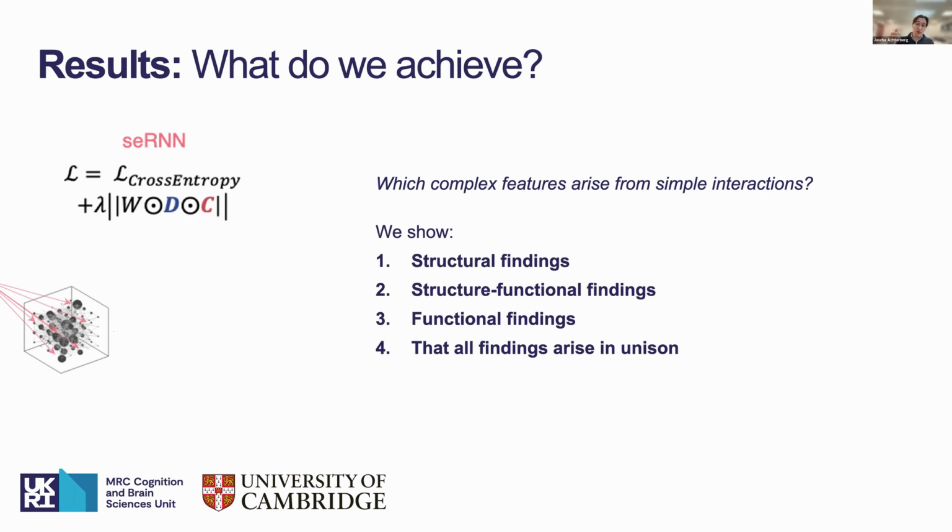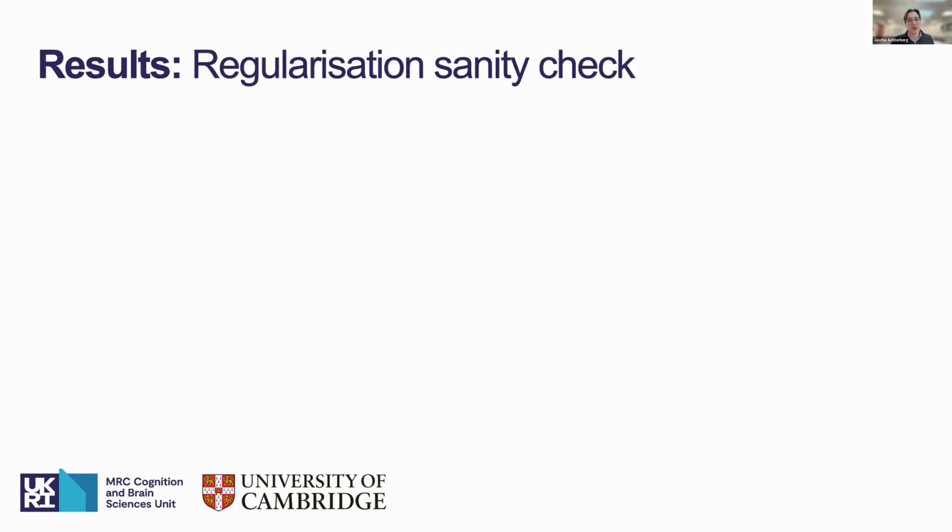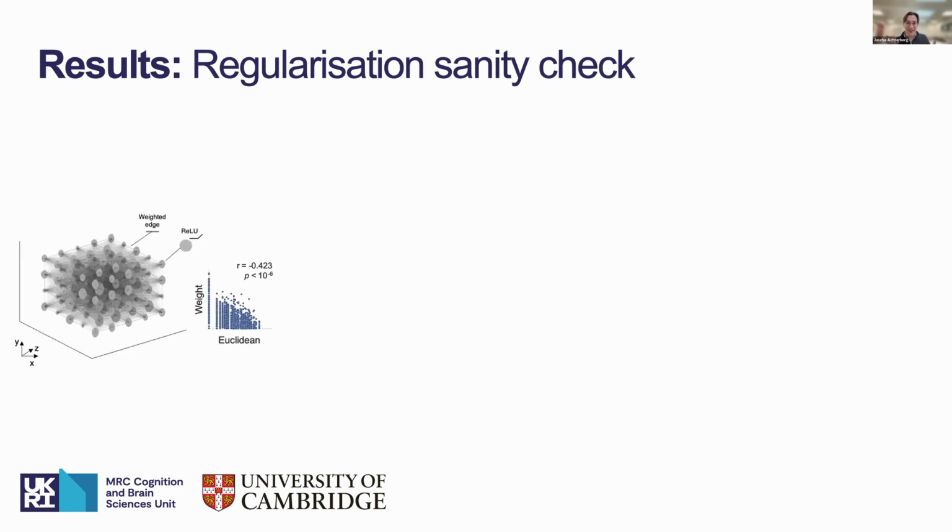I'm going to now run you through the different results we have in those different sections, or at least a subpart of these results for now. So let's start with the structure. The very first thing I want to point out is that, now that these networks have a space, we can actually visualize them in a space. We found this already quite cool, that all of a sudden we can take these networks, put them in a space and see how activations are flowing in this space. It gives us this brain-like feel to begin with.